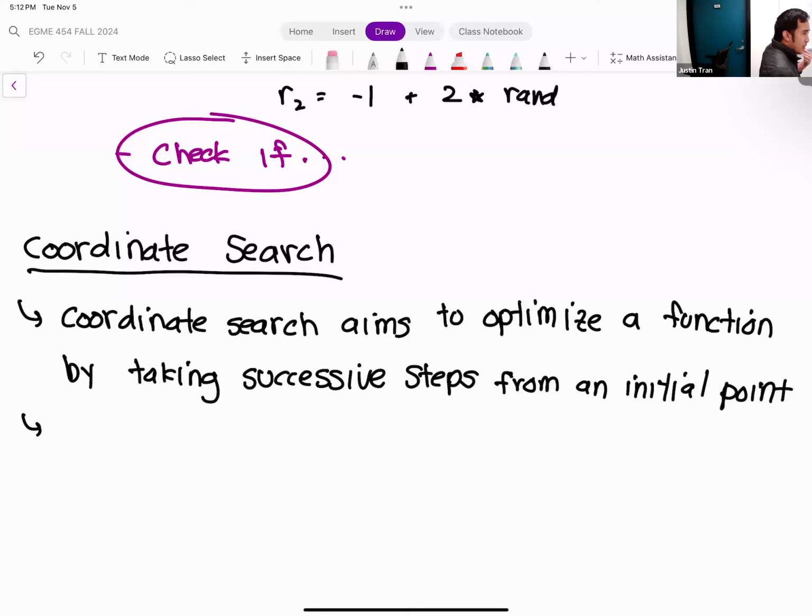Okay. So randomness is very interesting when you're talking about a computational algorithm. Randomness can be very powerful, but it can also be very random, right? So its greatest strength is also its greatest weakness. Sometimes when you're doing an optimization problem, it's very obvious which direction you should be stepping in. But if you're relying on randomness, you're waiting for the random direction to hit on that direction. So coordinate search aims to take the randomness out. And so instead of stepping in random directions,